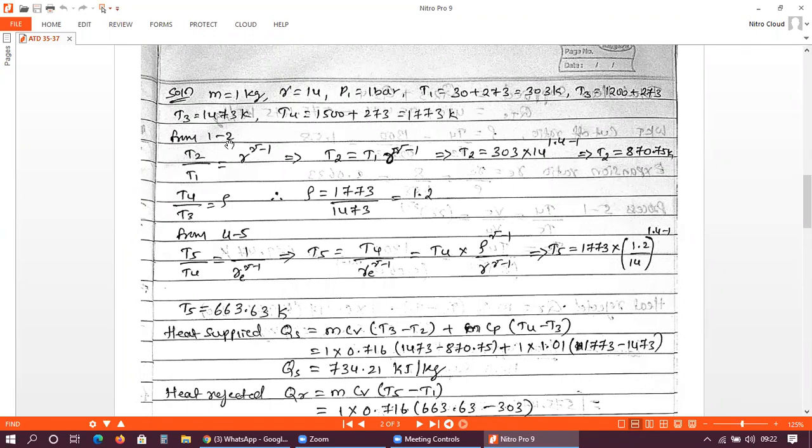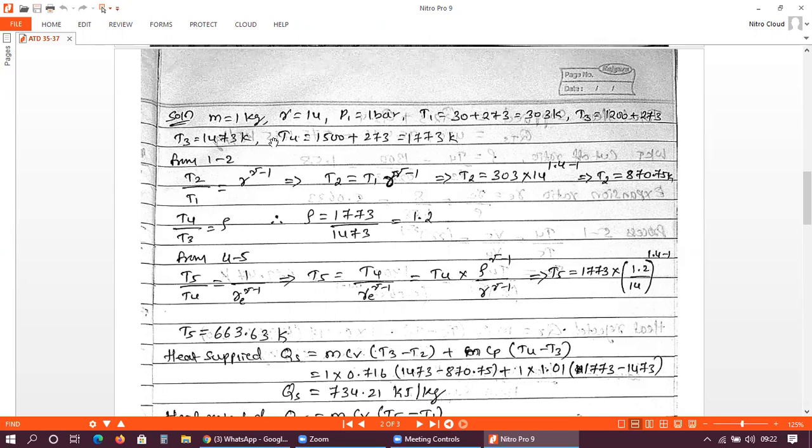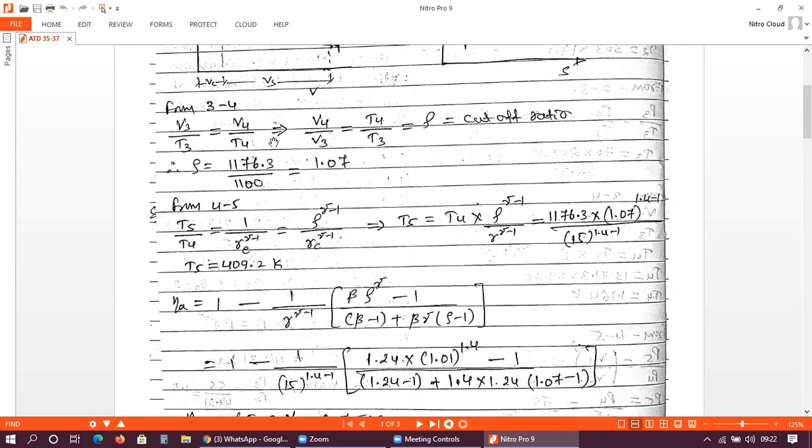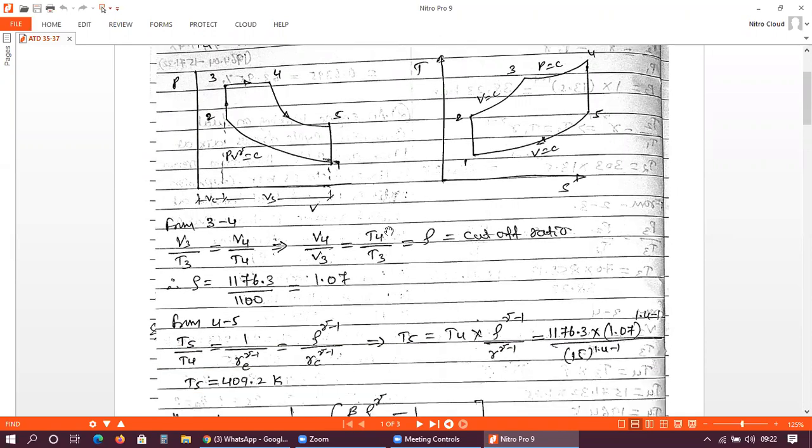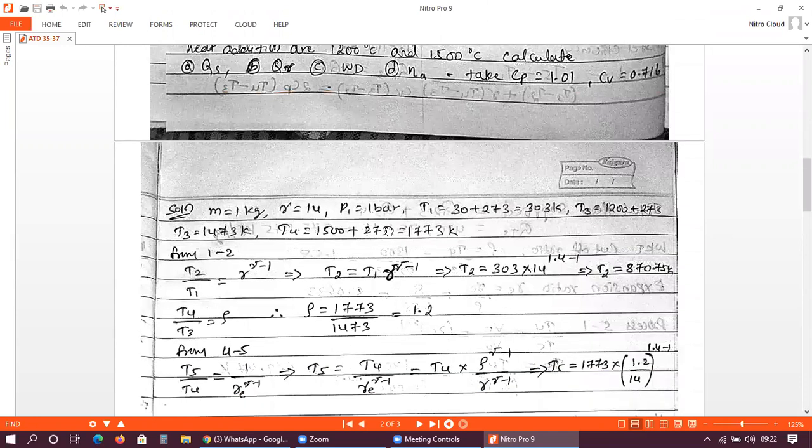Now from the process 1 to 2, if possible you note down this PV diagram, because this is very much required, right? From 1 to 2, what are the processes and all. So all of you please go through the theory part that is related to PV and TS diagram. Unless you understand what processes are actually taking place and how to form the equations for those, it will be difficult. So please go through the theory part of this.